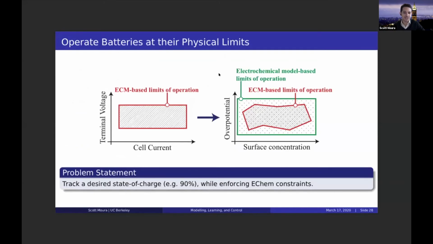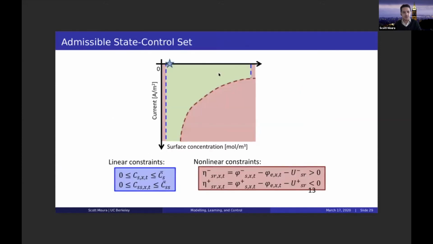So once again, just to remind you, we're trying to move from this paradigm on the left to the paradigm on the right, where if we understand the internal electrochemical states, we can apply boundaries on those to maximize performance and better ensure safety. So let me highlight two pairs of very interesting constraints. So the first is constraints on the surface concentrations of the particles in these lithium-ion batteries. So here we've got upper and lower limits, which are described